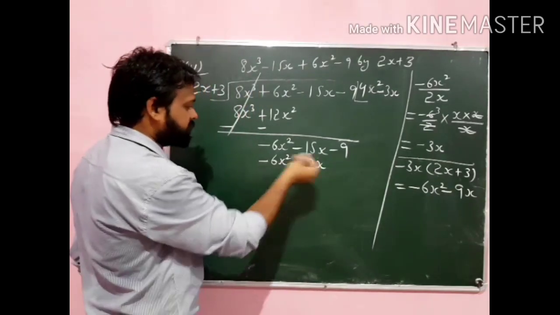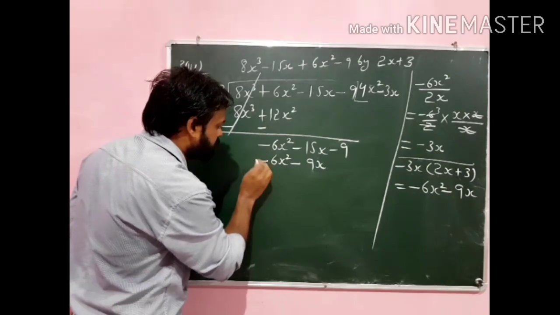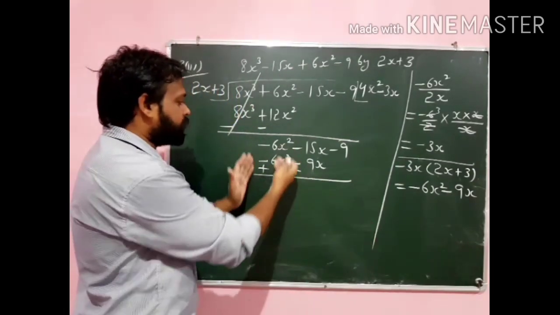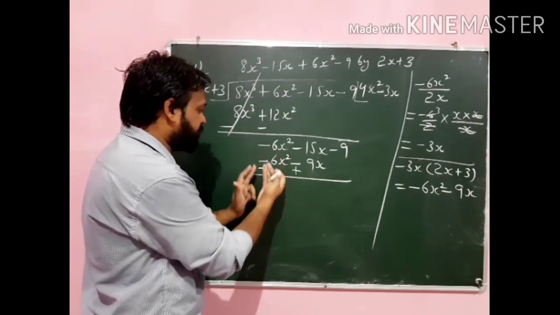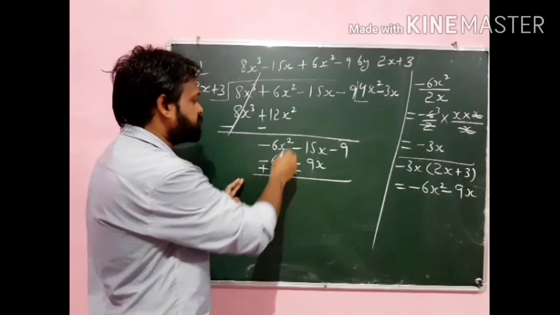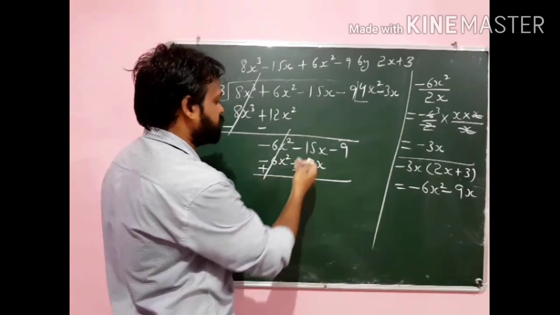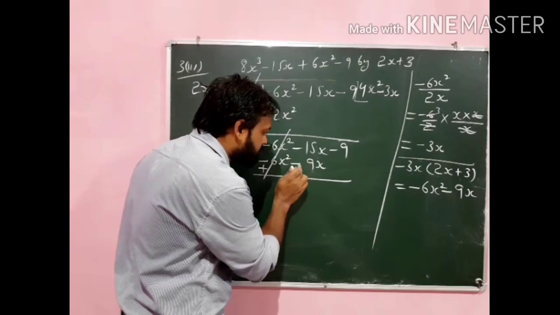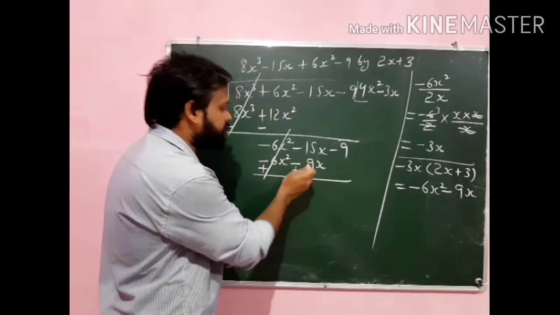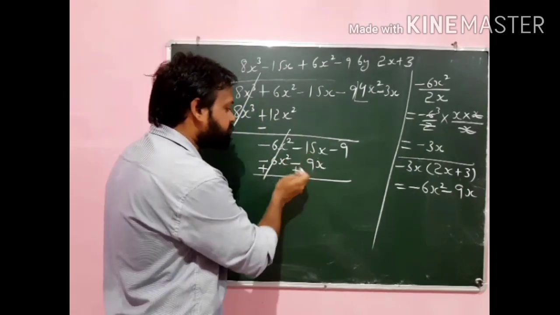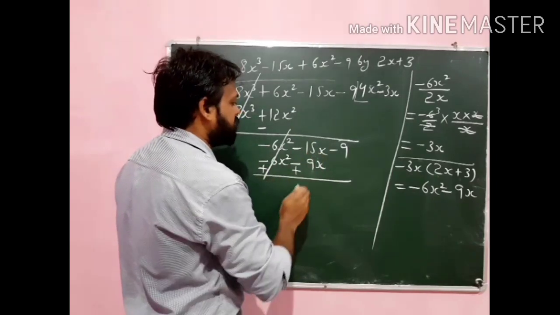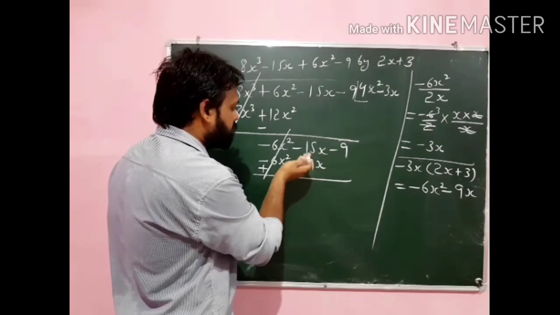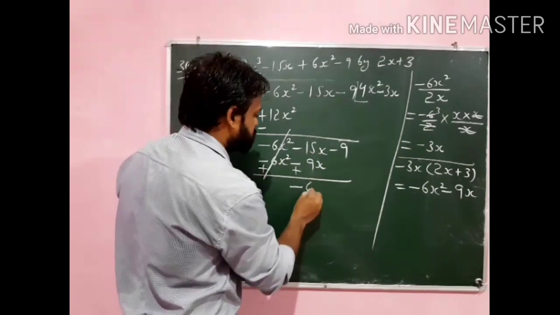Now what is the next step? We have to change this sign. This one becomes plus and this is minus, and of course it will also become plus. Now you can see 6 is of negative sign and this is of positive sign, so both terms will cancel. Now see, this is minus 15x, and it is not minus 9x now, it will become plus 9x. So minus 15 plus 9 will become minus 6. Now you can see the largest term has the negative sign, so it will become minus 6x.